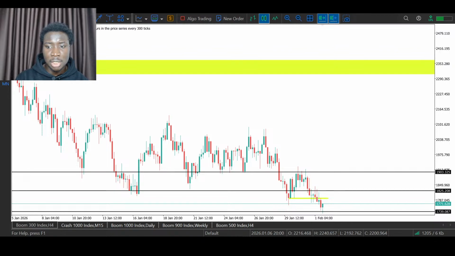So with that being done and said, position yourself properly and wait for this market. If you don't have a reliable entry and exit strategy, ensure you get it. This is the only way. If you don't have a good entry and exit strategy, you can still make money off my analysis. But